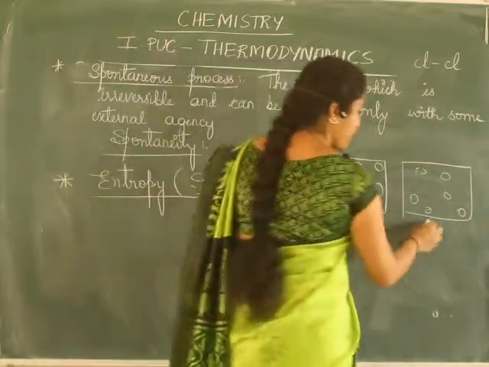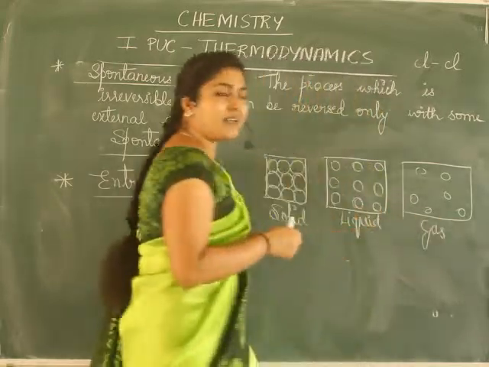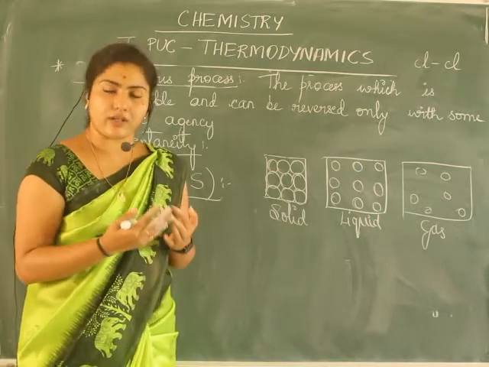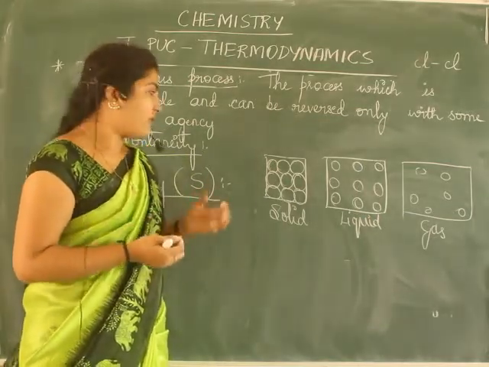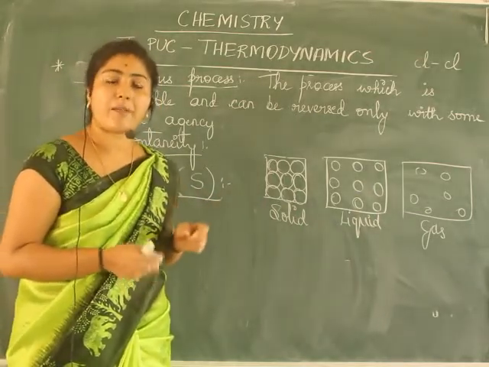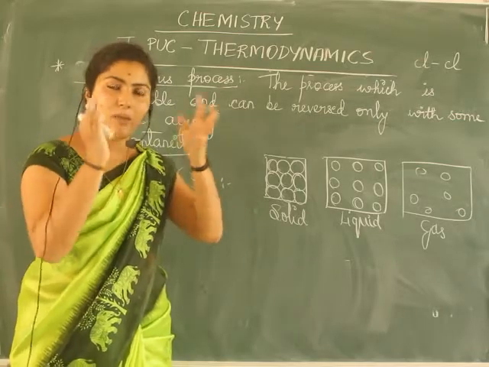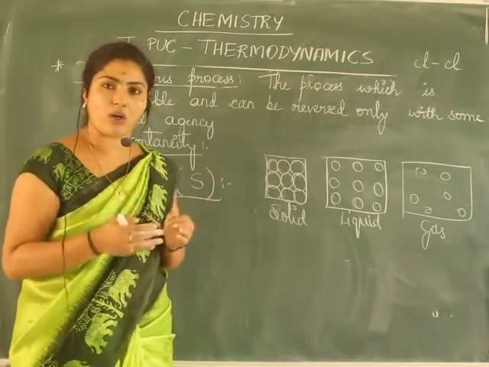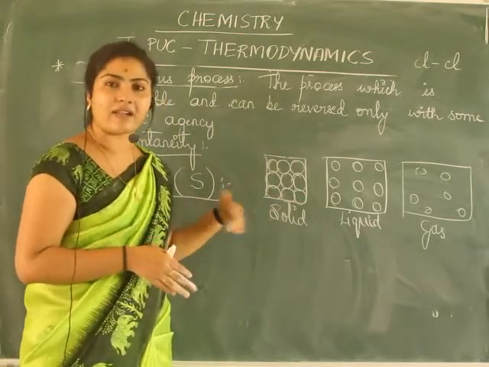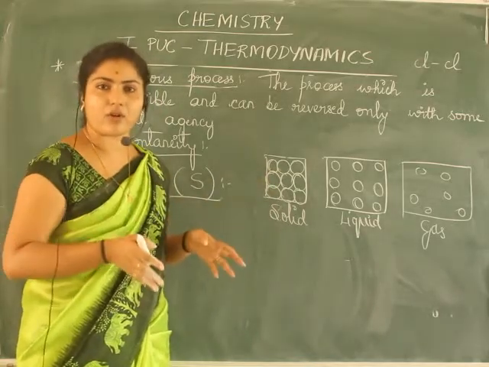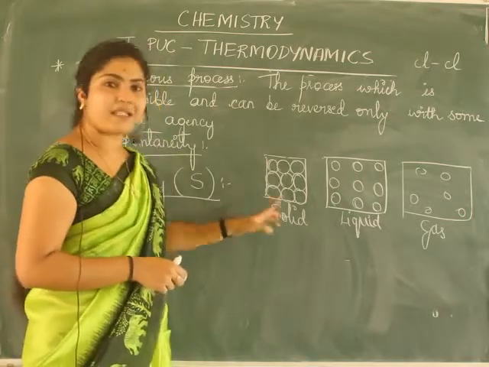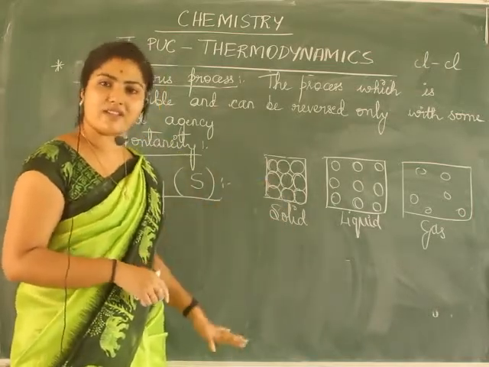Now my question is, where is the orderness more and where is the orderness less? If you see in solids, can you tell that the order is more? Yes, the particles are orderly arranged. They are compactly packed. They have a particular order, and they do follow it. The measure of randomness, just moving here and there, you call randomness or disorderness. Disorderness is less. That means order is more, disorderness is less.